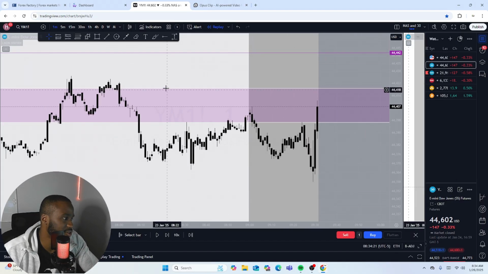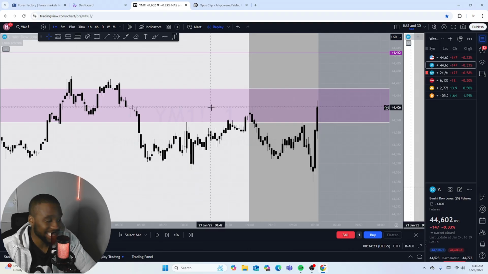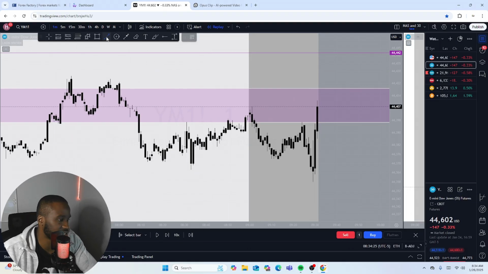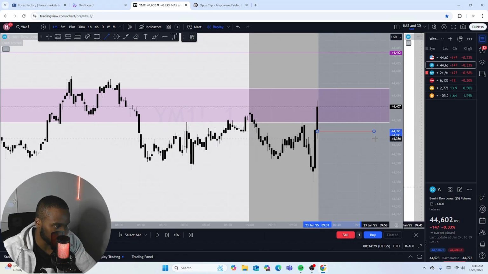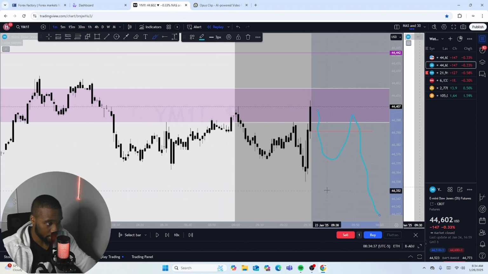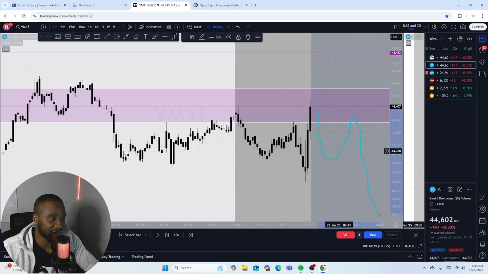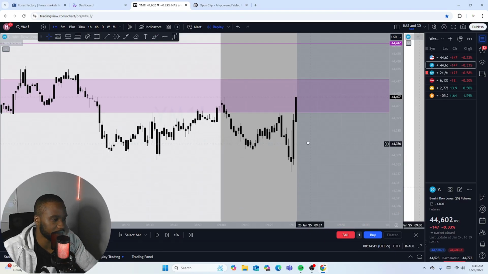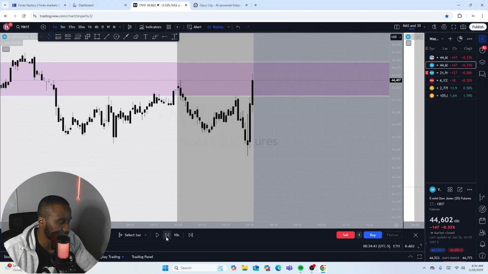What would I be looking for? I could look for sells from here. Easily could look for sells from here. I'll probably take it at the low, the break of this low. And then once we get a close of a candle down here, boom, take it down. That's an easy trade. Let's see if that's what happened. I don't think I remember this day. I don't remember what happened on this day, but